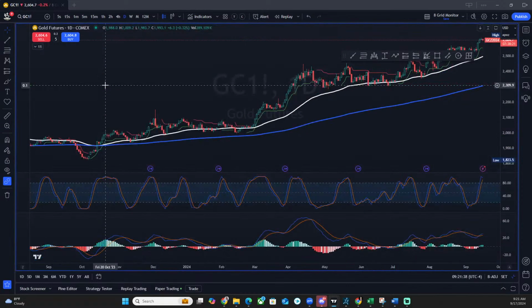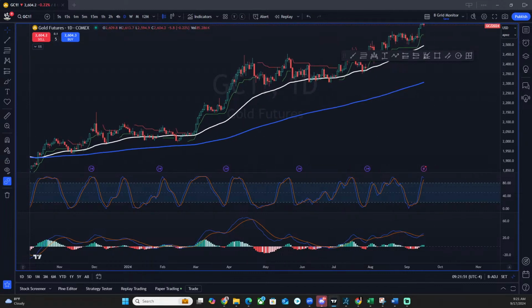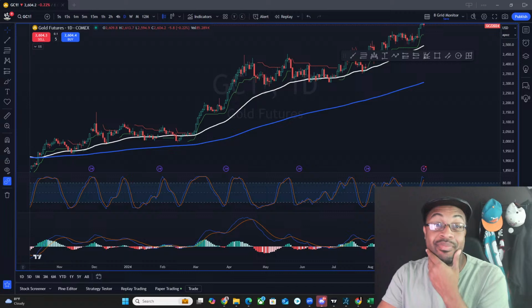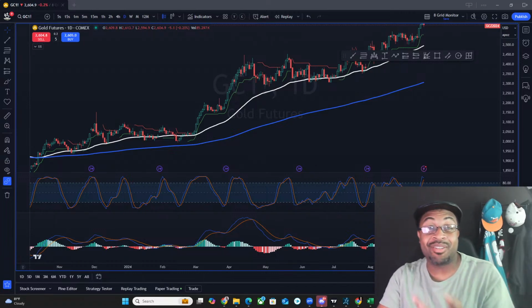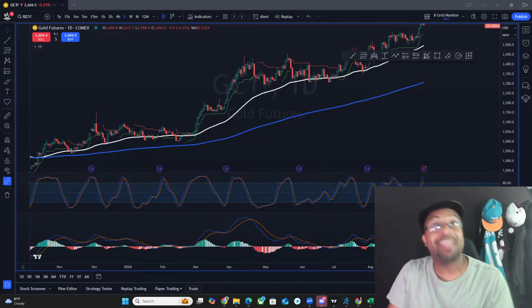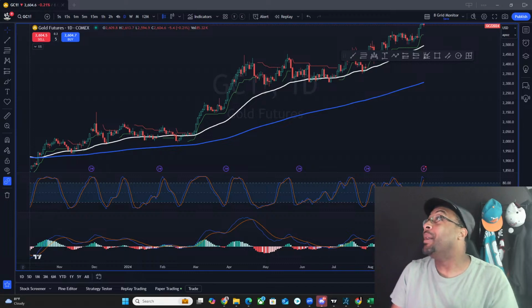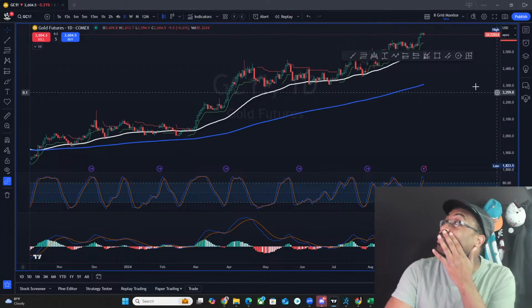So the first thing I want to break up is looking at gold. Gold is in a very interesting spot. I want to see gold really keep on taking off. Of course, that's going to put a lot of pressure on the dollar, and it might affect us a little bit, and might cause issues as far as whether we are in a recession or not, and the whole back and forth. But with gold picking up its strength the way it is, I like what the chart is showing me.